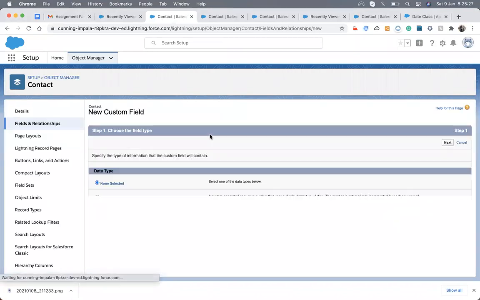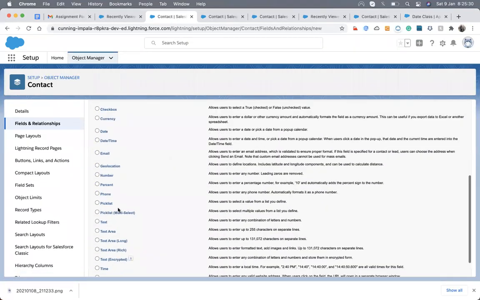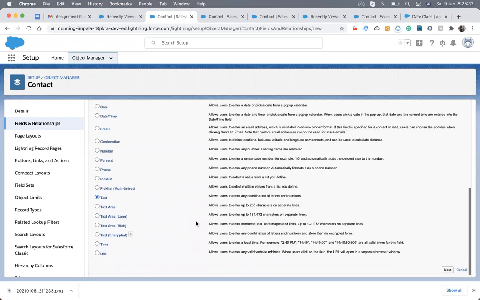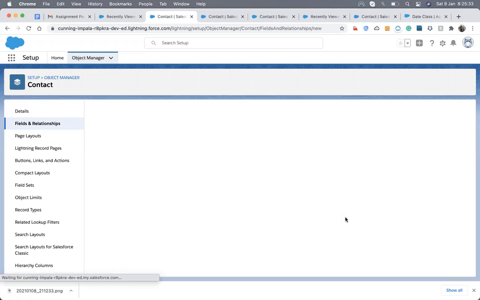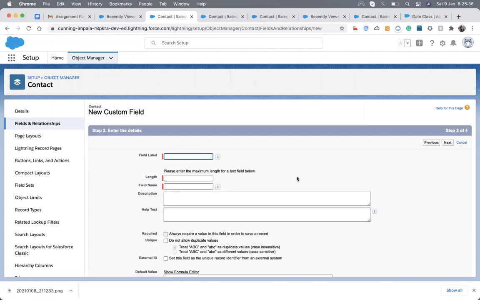What does external ID mean? An external ID is just an ID that a legacy system or any third-party system uses to insert or update a record in Salesforce. And it's a custom field, nothing else.